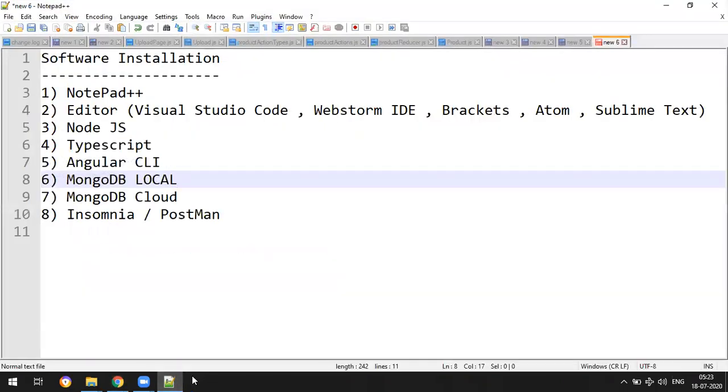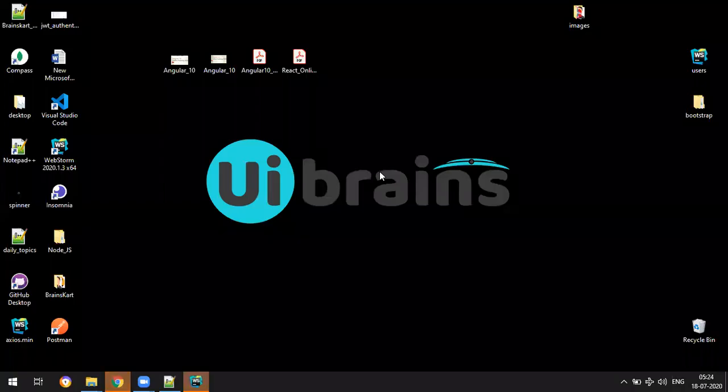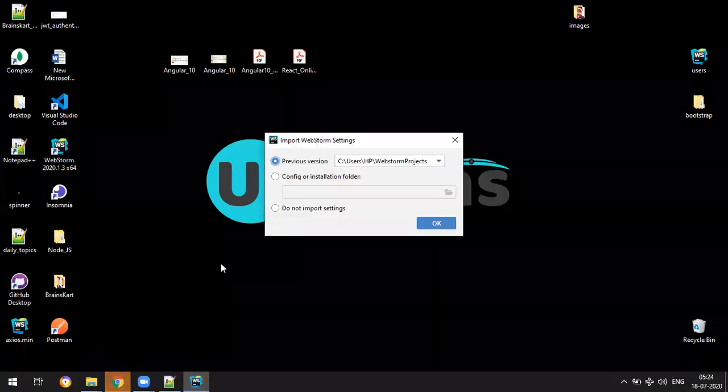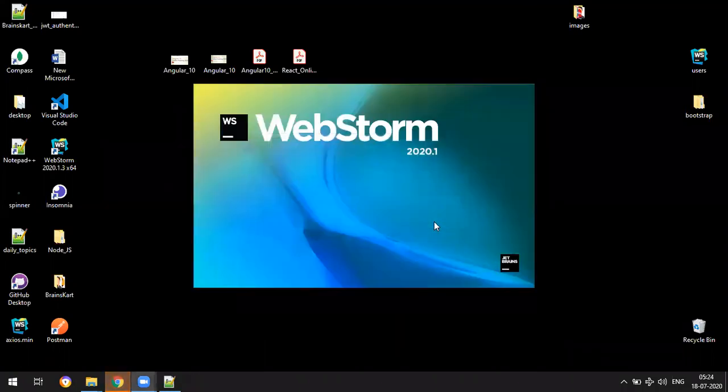Oh, it's still doing it. Wait, it will be taking some time, I hope. Yeah, it came. Okay, so here, do not import settings. Don't import any settings, just click on OK, and then it's going to start.